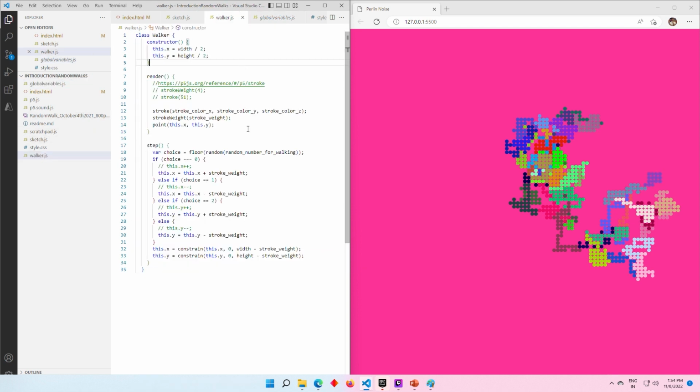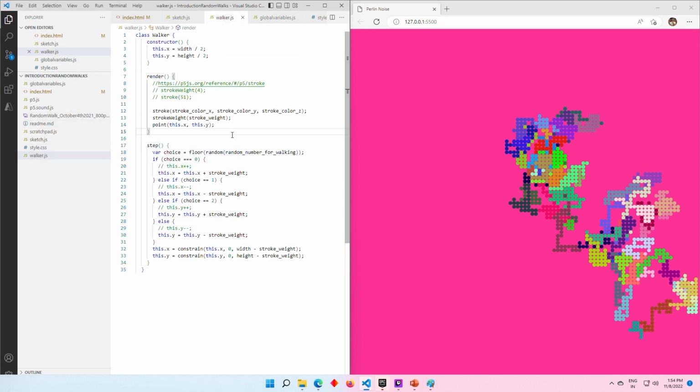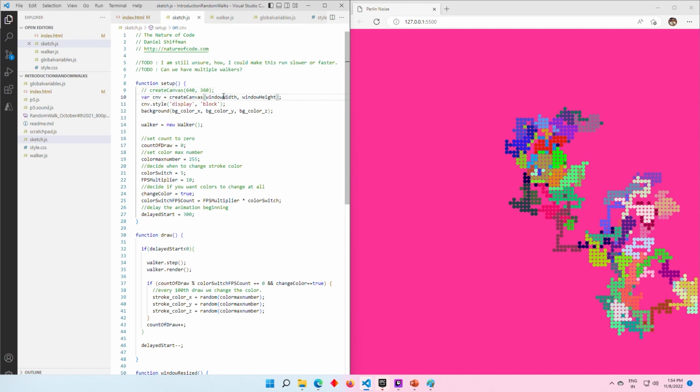The reason why I do this is because in programming it is always a good idea that you keep your code separated, with each file serving a specific purpose. So here I have the walker file which has all the code related to the walker object. And here I'm trying to point out the